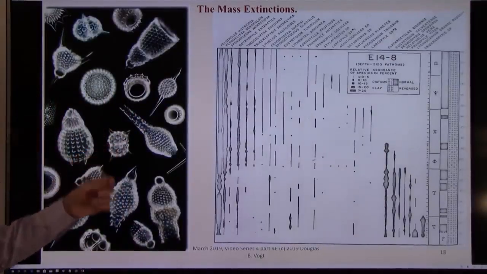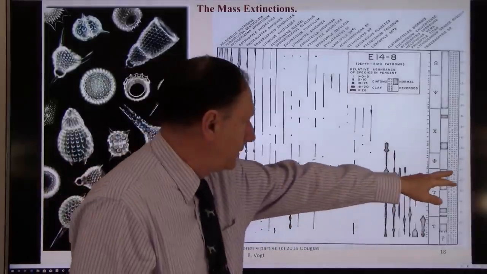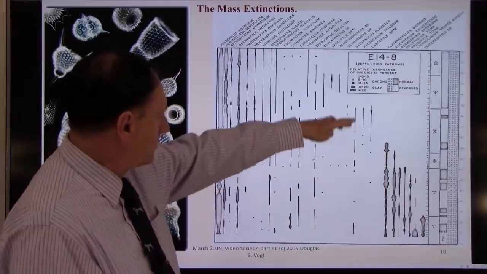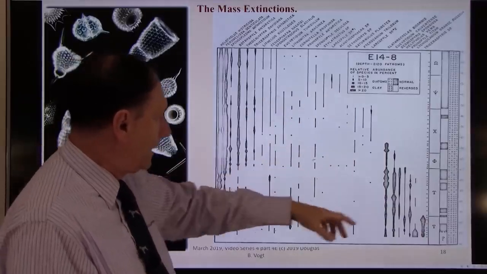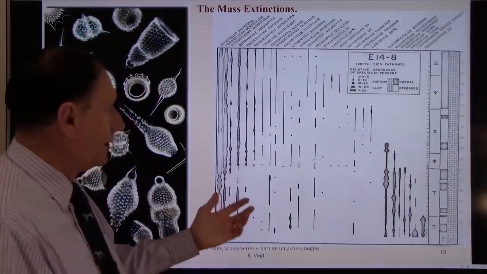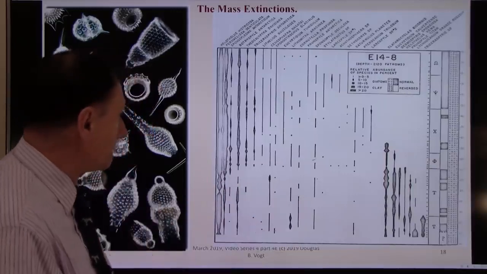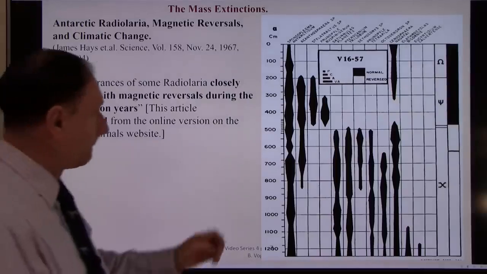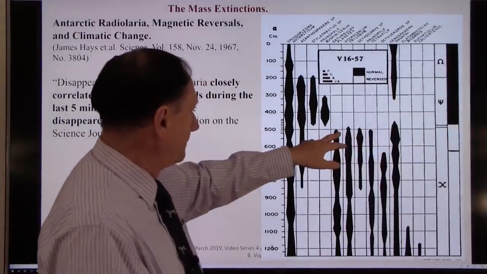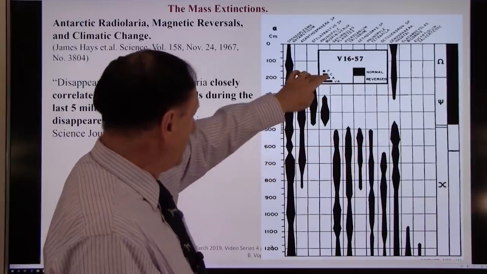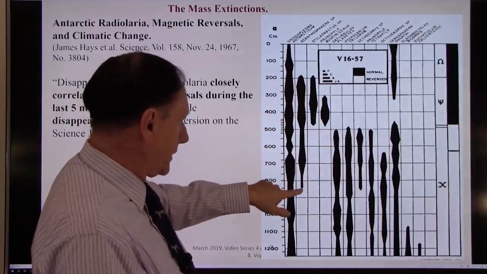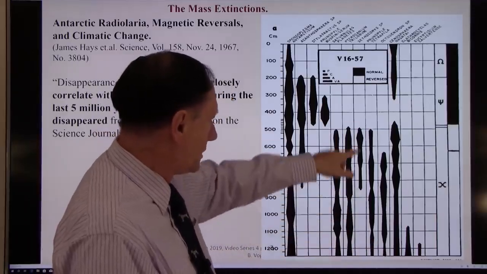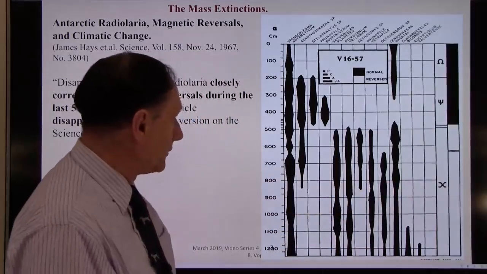These are the animals we're talking about. Here's an example, a reversal here. These die out, this one continues, and you have new ones here. Now, some of these may be continuations of some that we think went extinct, they just got modified. Here's a better example from Hayes again. Here's your reversal, die-offs, creation of new species. Creation of new species from something else. Who knows what? This was a creation of new species at a time of a reversal.